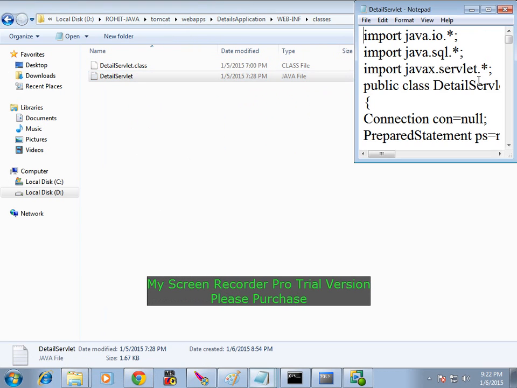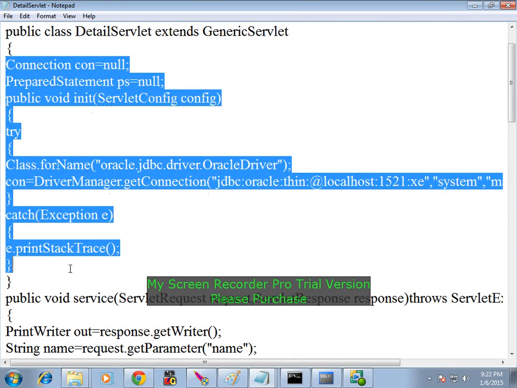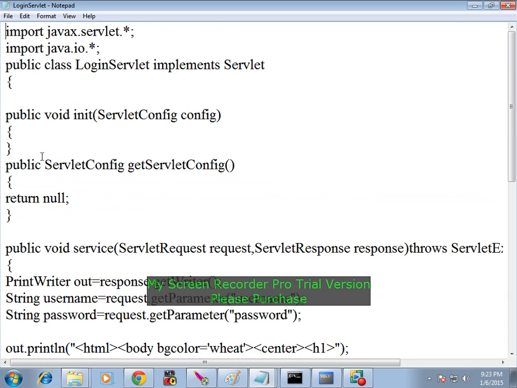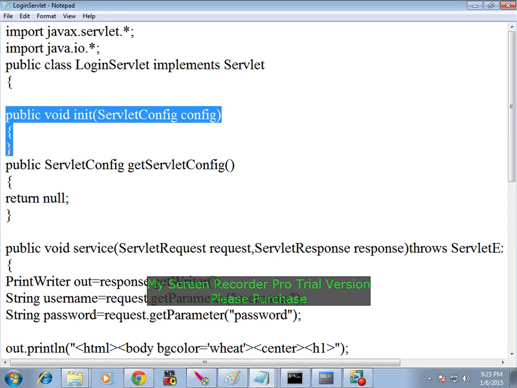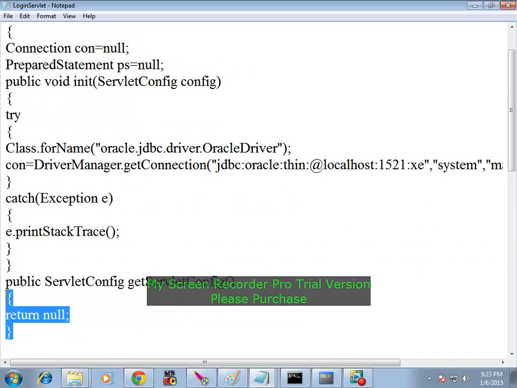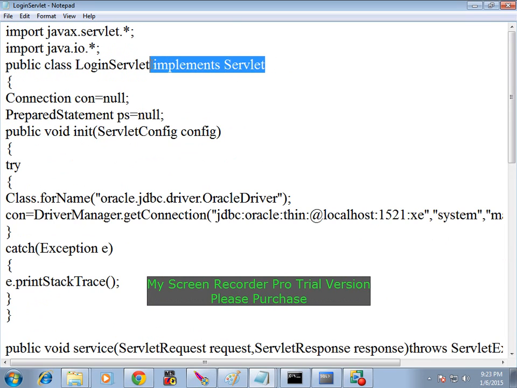We are connecting to the database by using the init method. So the connection details up to here are the same for everything. Now what I am doing is, in the login servlet I am using this connection instead of the direct connection, and instead of ServletConfig,